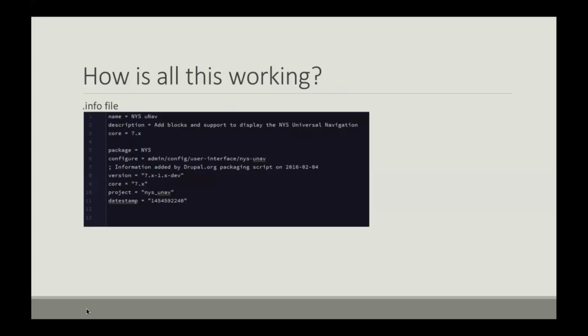The info file is a simple text-based file that sets key value pairs. Drupal uses this info file to share information about the module to the system itself. This is where you define the name, your description, your version of your module. This is where Drupal gets that information, to put it on that module listings page or that extend listing page. This is also where you can import style sheets and scripting files such as JavaScript, so the module knows where to find those files.